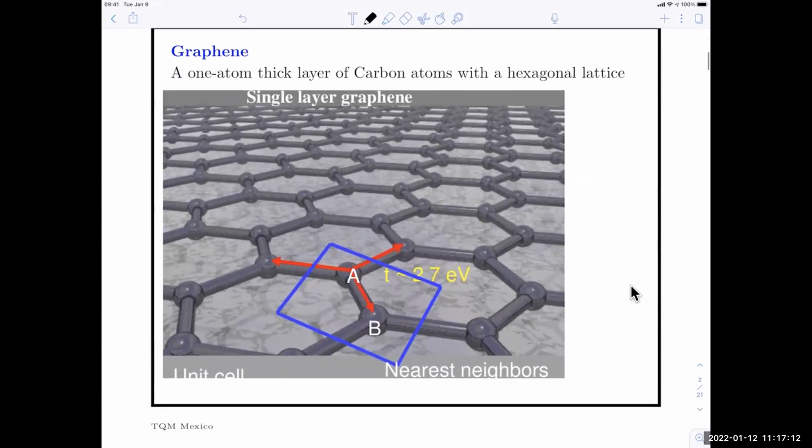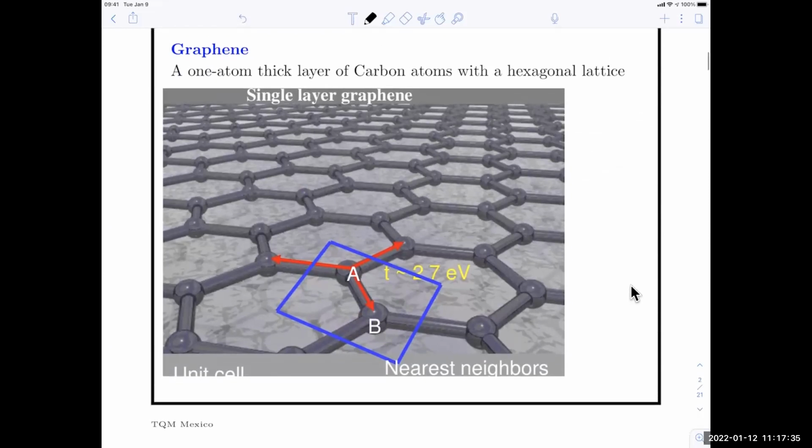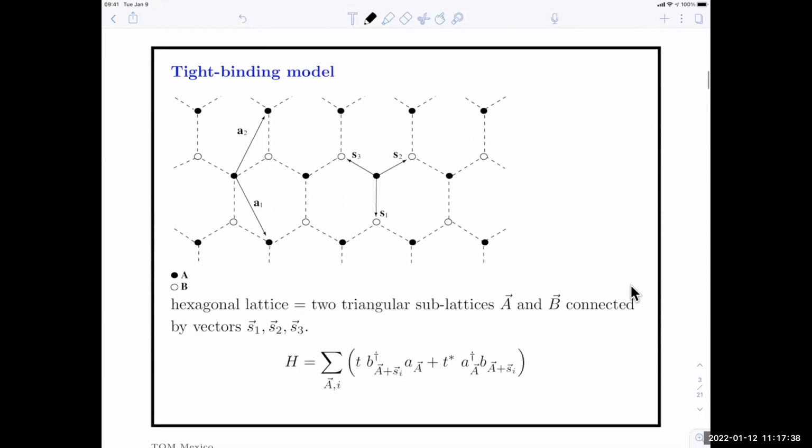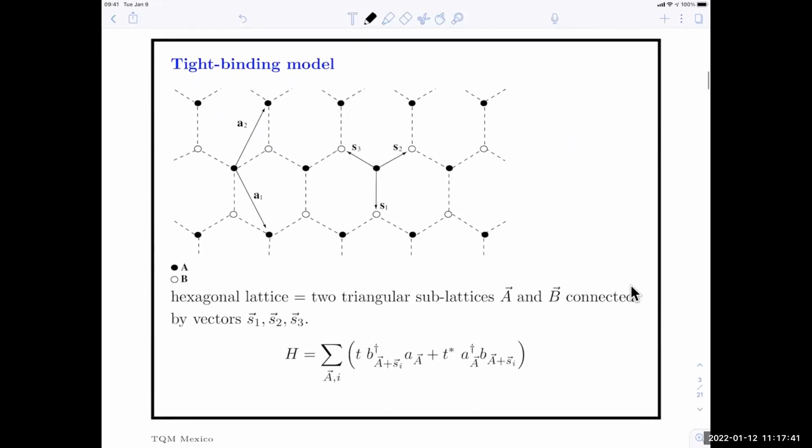So graphene, as everybody in the world by now knows, is a one atom thick layer of carbon atoms, which sit in a hexagonal lattice, like this cartoon from now famous review papers of already more than 10 years ago. So it has a hexagonal lattice. Hexagonal lattice is special in a way. I could tell you all sorts of ways in which it's special, but one of them is if you model graphene by a simple tight binding model.